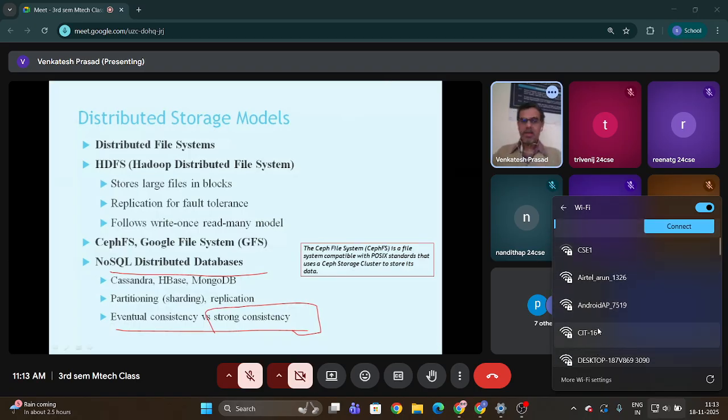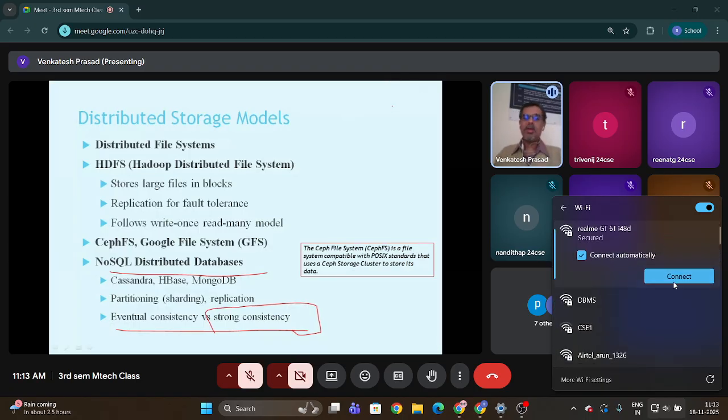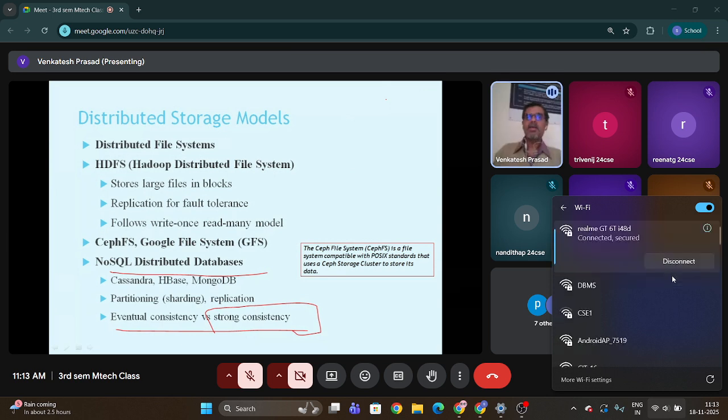Is it clear? If it is not clear, ask me now, or you have to read up on this. It will be very useful to you, because this is all cloud basic concepts. We can't be explaining this in